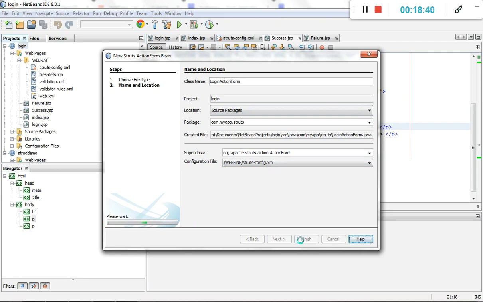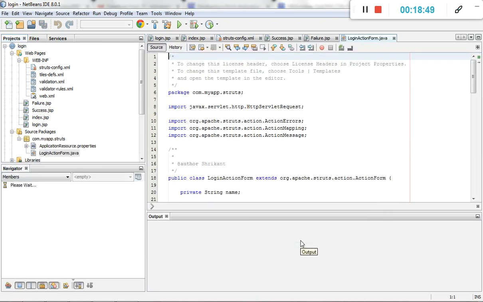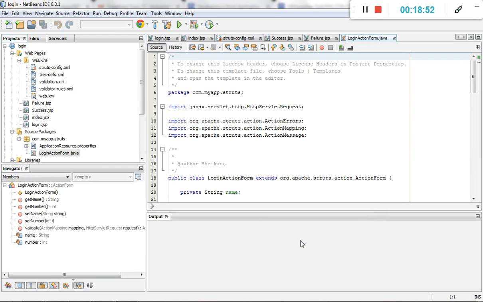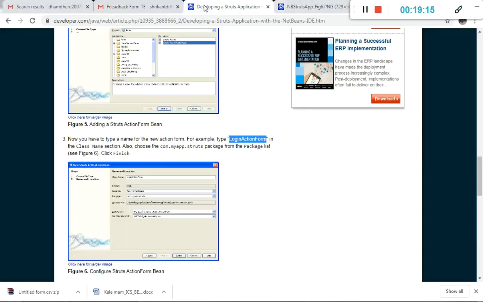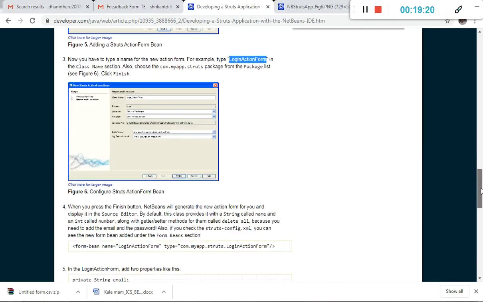It adds the LoginActionForm as a class with the help of Struts. It automatically creates the LoginActionForm.java file. Okay, it comes because at the time of creating the project, we added the framework as the Struts framework. If it is not added with the Struts framework at the time of creating the web application, it's not running. Then LoginActionForm.java, just to verify that one after creating the LoginActionForm as a class name.